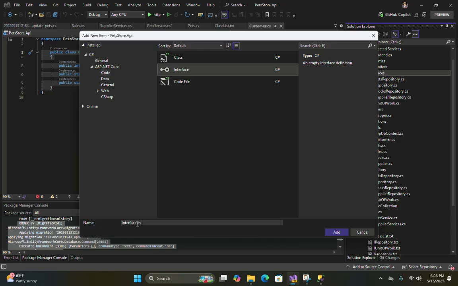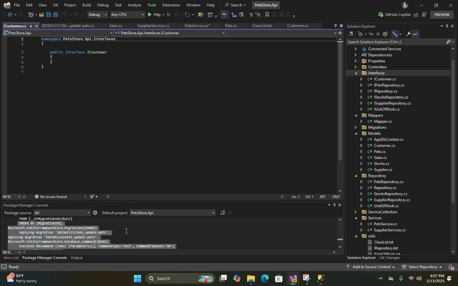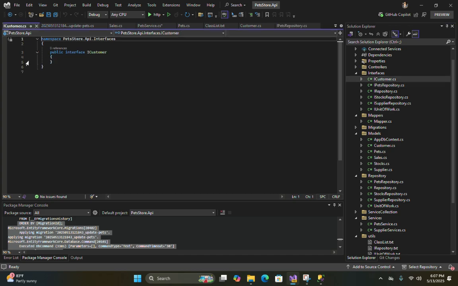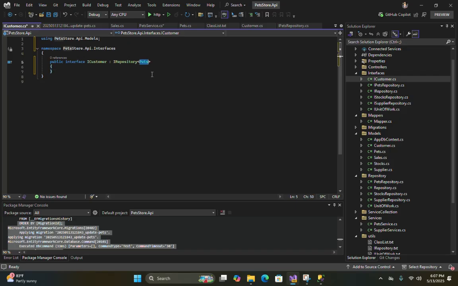Click on interface and write ICustomer. We are implementing the same IRepository interface. We are just changing the model here, Customer.